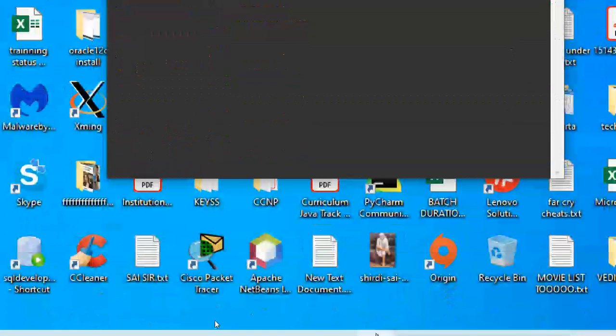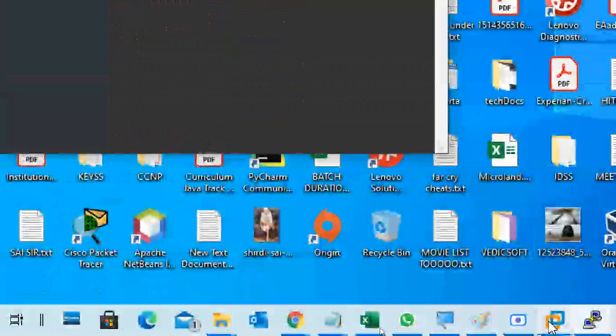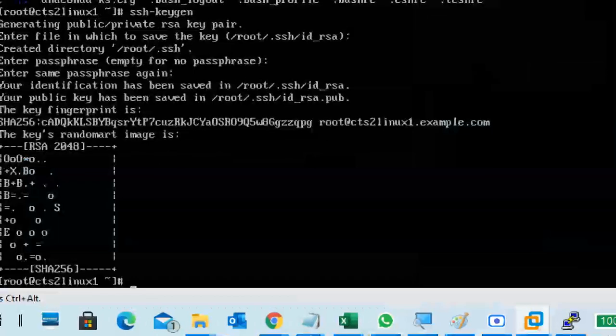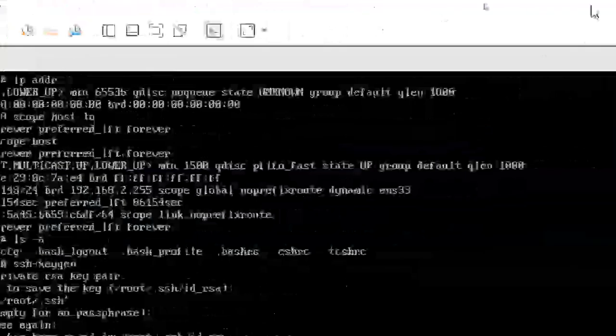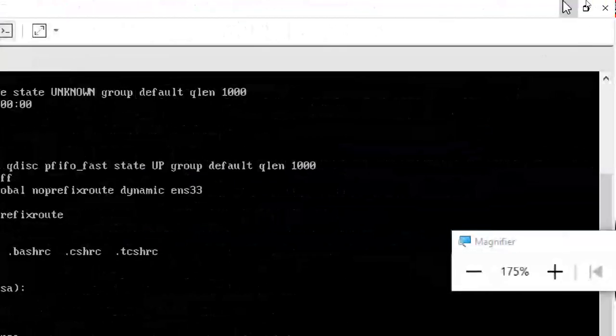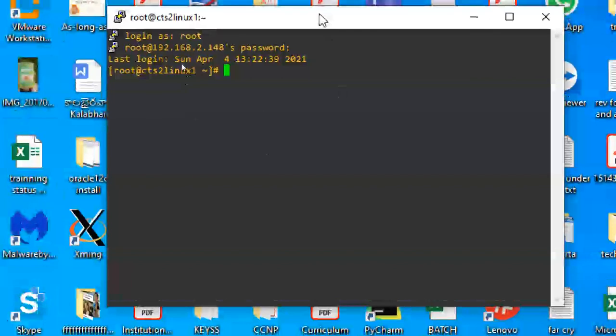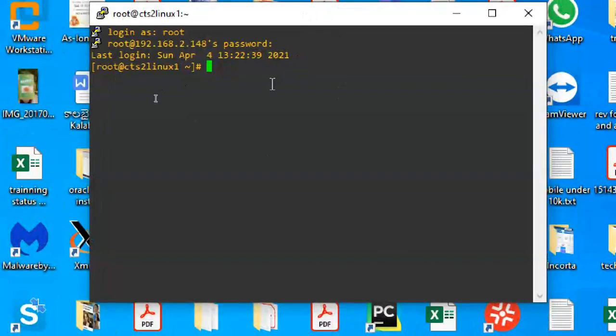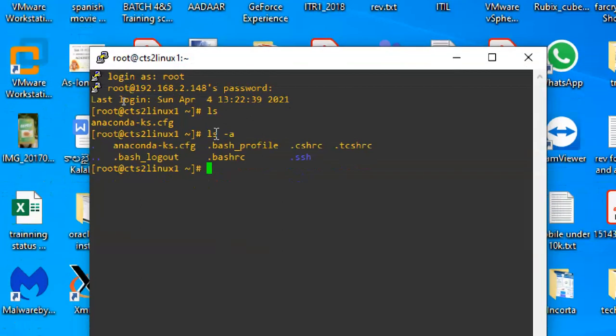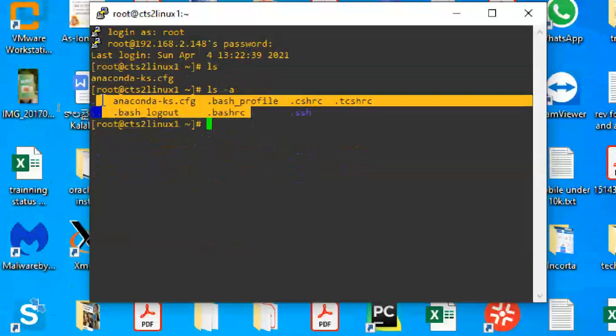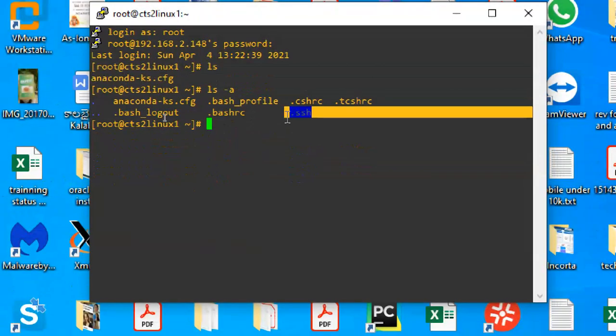See, now I don't need this machine open. Type the commands here. Just switch on the machine, log in once, minimize the machine. Everything we can do here only. For example, I put ls -a. I can see the same data. This folder is newly added.